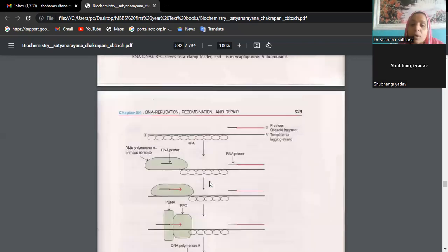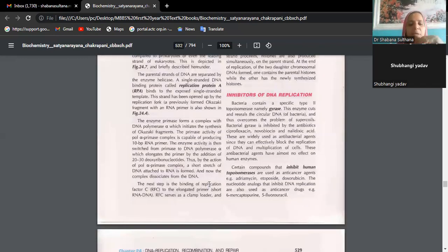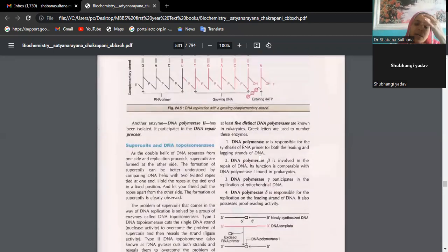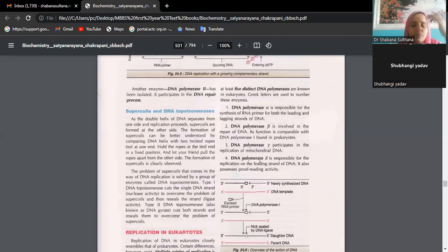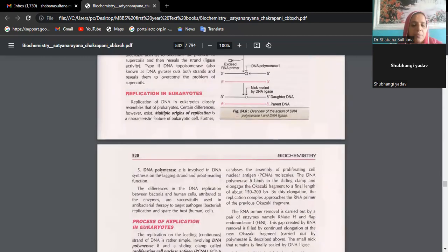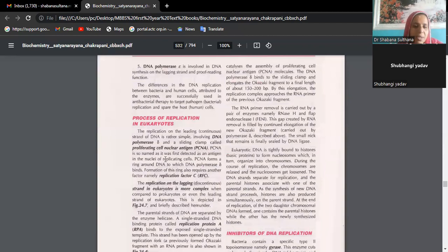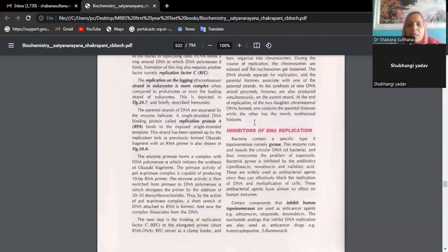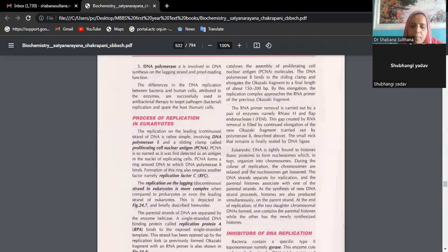Okay, so you have to give the list of the enzymes which are actively working, the 5 polymerases: DNA polymerase alpha, beta, gamma, delta, epsilon. And then you have to give all these steps, and whatever you see in the diagram, the same thing is written in the form of text. Just practice that flowchart and write these points, you will get full marks. Is it clear?